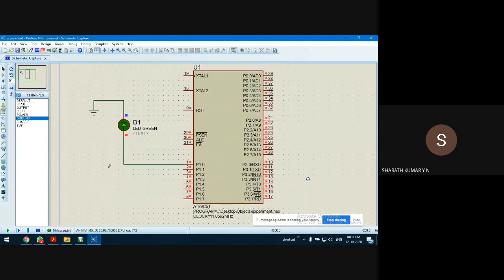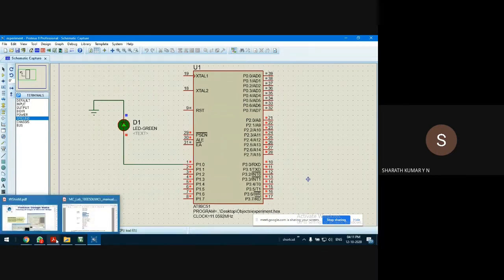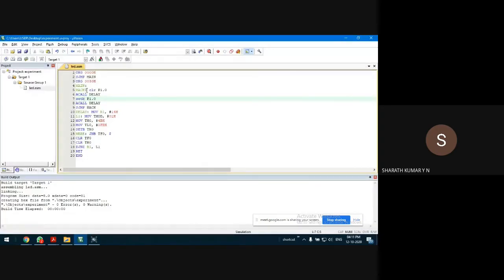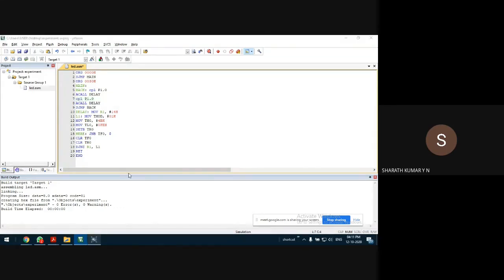Okay. So this is also the correct method, maybe, because first we clear the pin. The clearing will make sure that the pin is configured as an output pin. Instead of this, you can use the complement function also, CPL. This also works fine. It can very well be applied for toggling the LED.